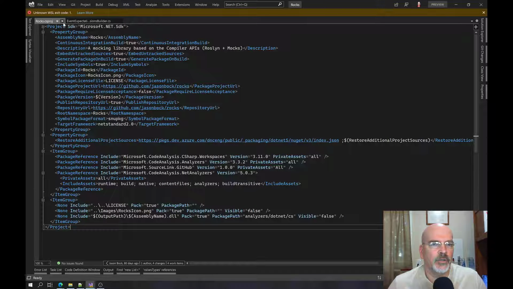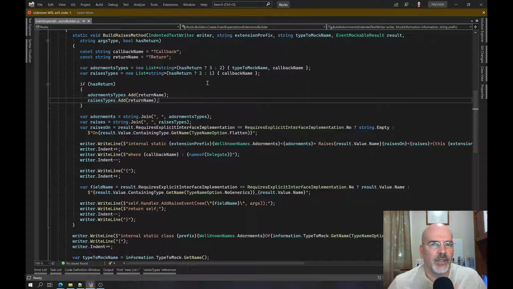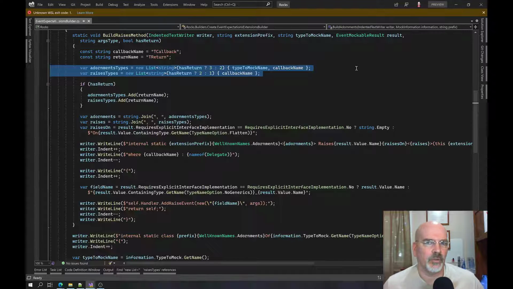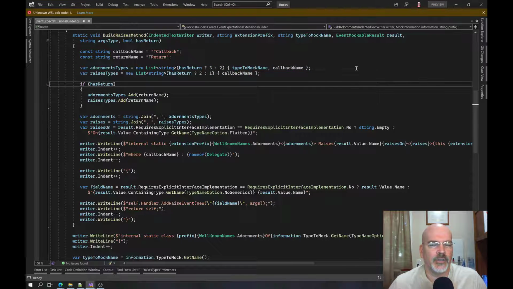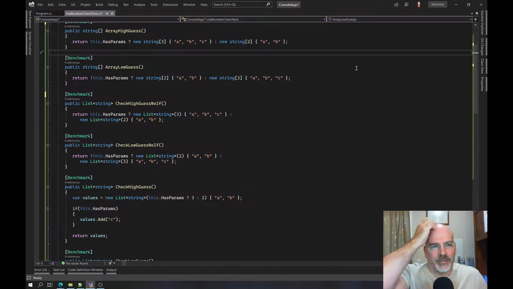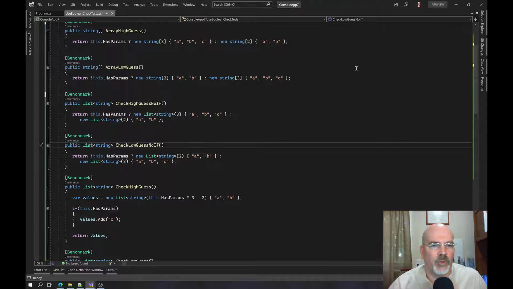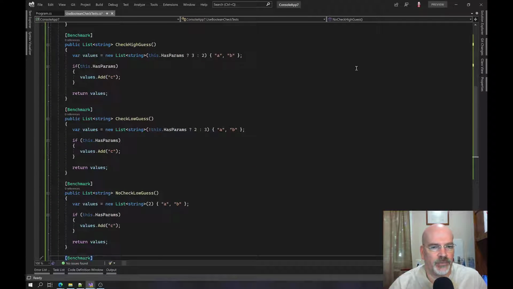The other thing I wanted to do is this. So I think in the past episode, the last one, I was going through and putting explicit capacity values for all the list creations. And I started looking at this, I think I may have talked about it, initializing the list to a certain size. And I went in and started writing a whole bunch of benchmark tests, comparing what happens if you guess, if you don't guess,